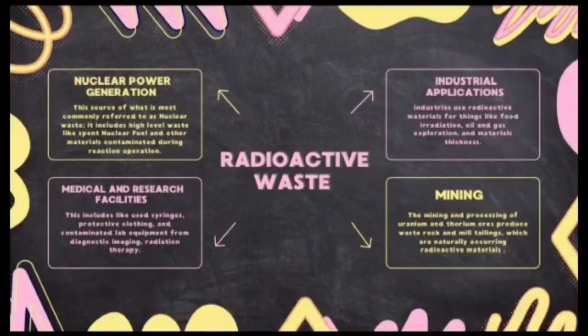Nuclear power generation. How does nuclear power generation work? Nuclear power generation works by using fission to heat water. Inside a nuclear reactor, atoms of a heavy element like uranium are split in a process called nuclear fission. This means when a neutron hits the atom's nucleus, causing it to break apart and release a large amount of energy in the form of heat, which produces steam to spin a turbine connected to a generator producing electricity. A nuclear reactor controls the chain reaction of splitting atoms, usually uranium, to create heat, which is then used to generate electricity in a process similar to that of a fossil fuel power plant.